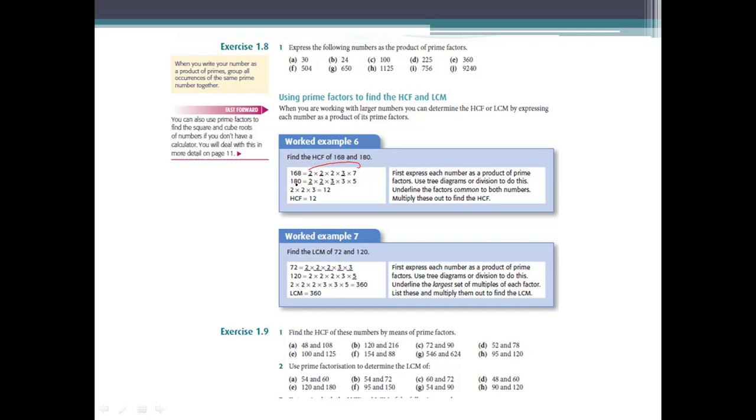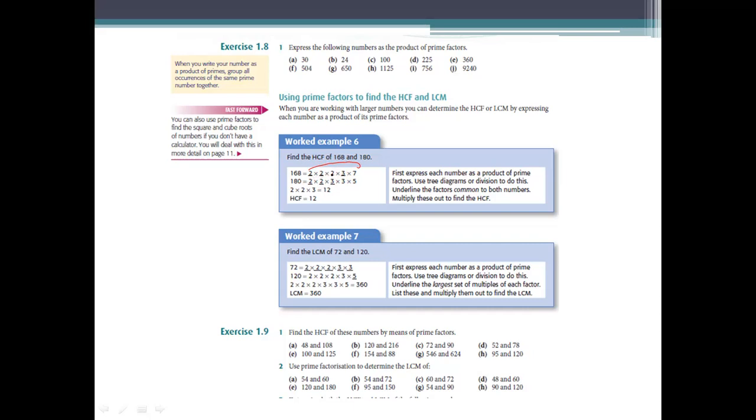Okay, and also in here, the prime factors of 180 are 2, 2, 3, 3, and 5. So 2 times 2 is 4, 4 times 3 is 12, 12 times 5 is 60, 60 times 3 is 180. Okay, so what was the question? HCF of 168 and 180. And as you see, if you look carefully,